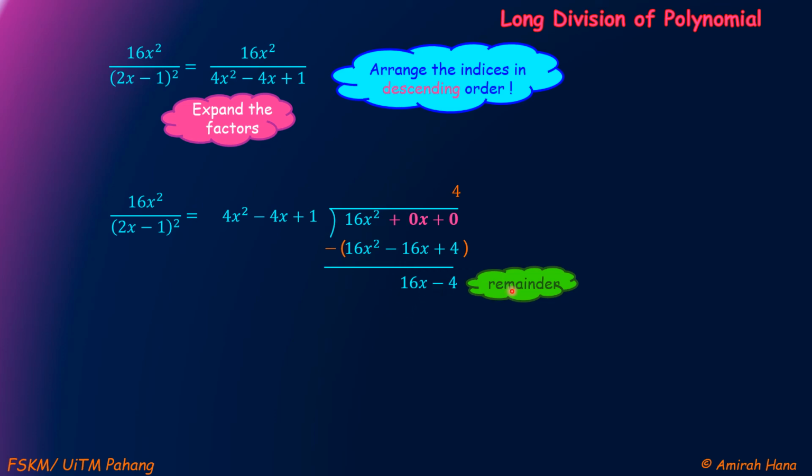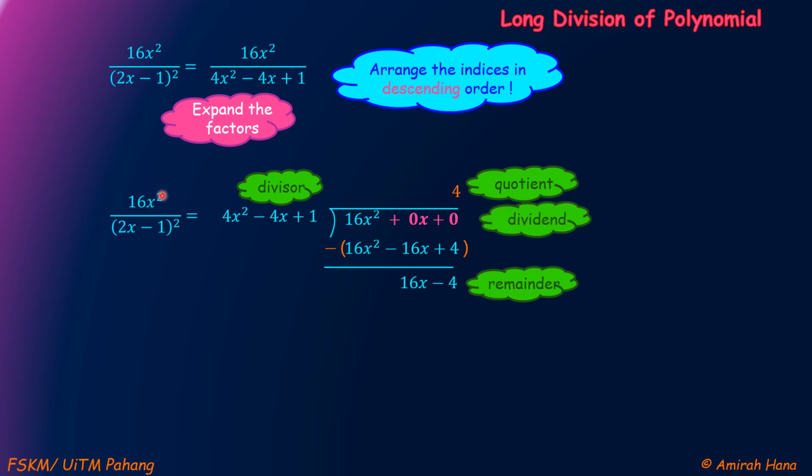This is called the remainder. This is called the divisor. The 4 here is called the quotient. And the numerator here is called the dividend. The denominator is called the divisor. So after we finish doing long division, we need to write 16x squared over (2x minus 1) squared,